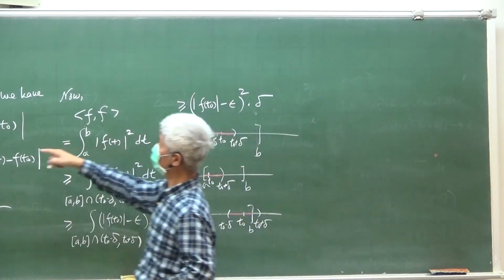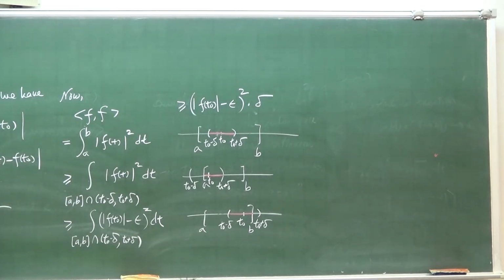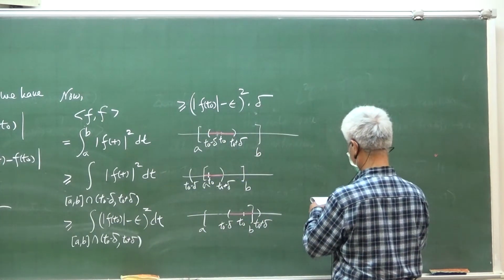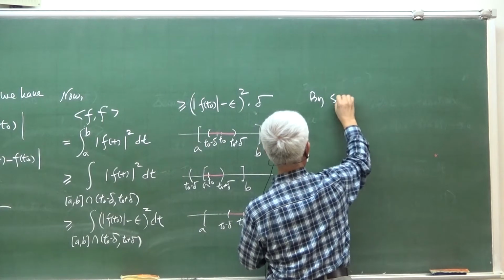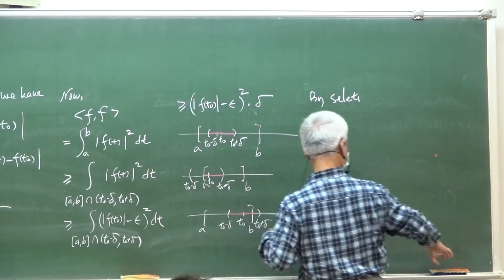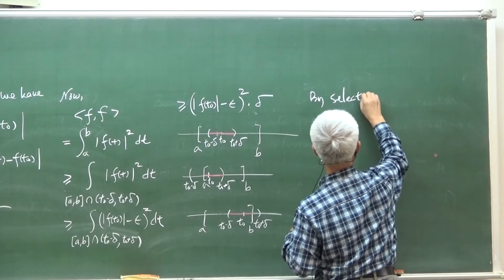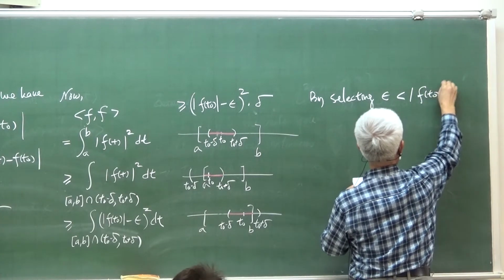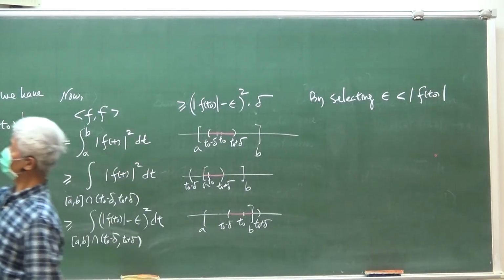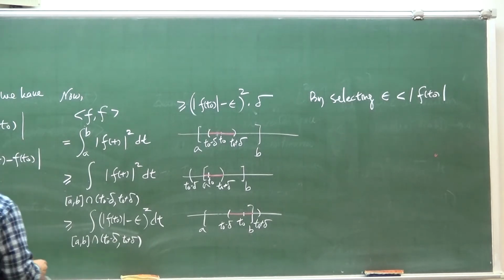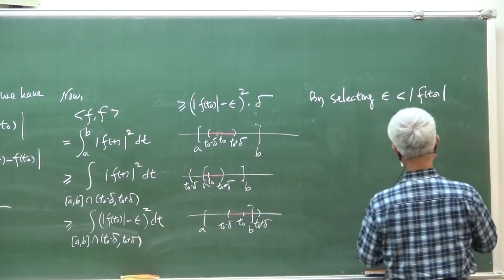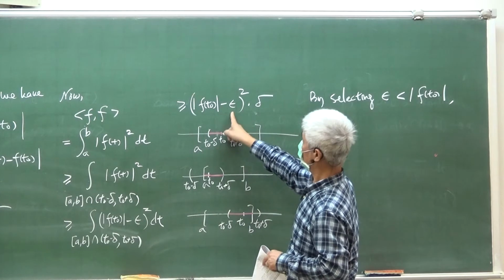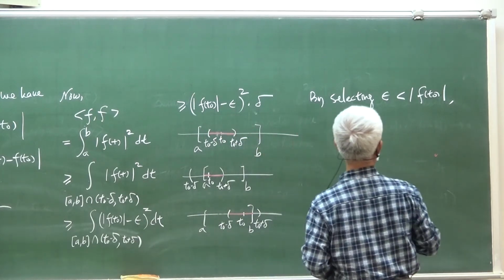Okay, so this is true. This is true for any epsilon and delta small enough. So by selecting epsilon less than this number, so we select epsilon small, smaller than the absolute value of f of t0, right, so that the lower bound is positive. We have